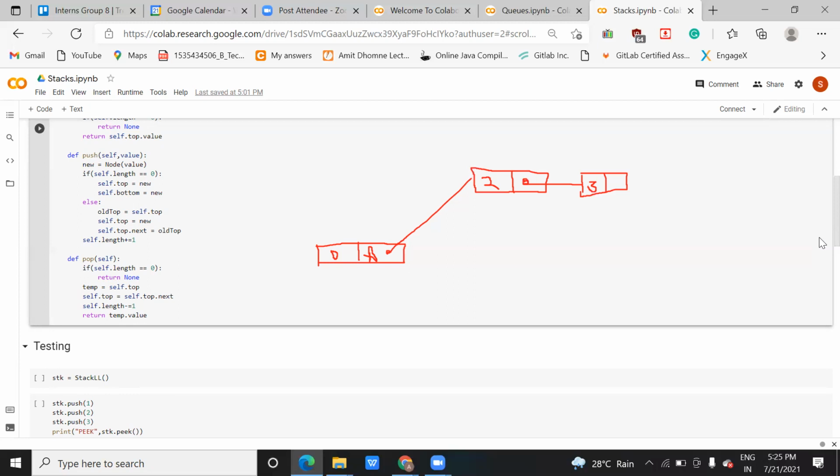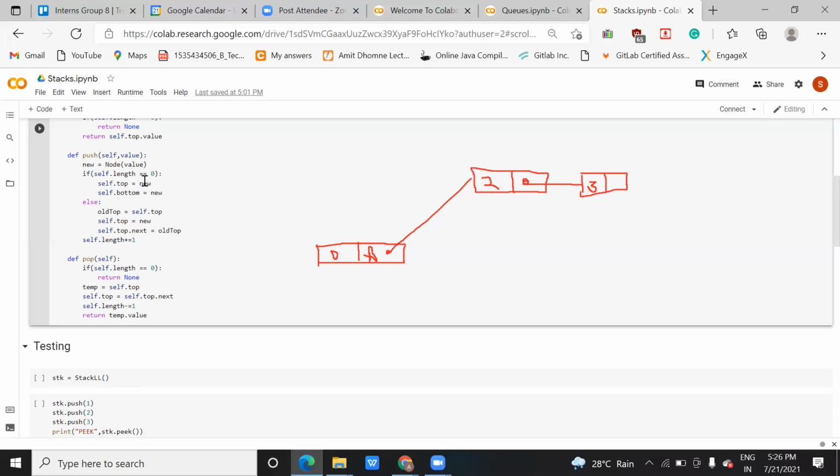Why have we written self dot top dot next equals old top? See here, what is if self dot length is 0? If the length is 0, you come inside and assign the new top element.